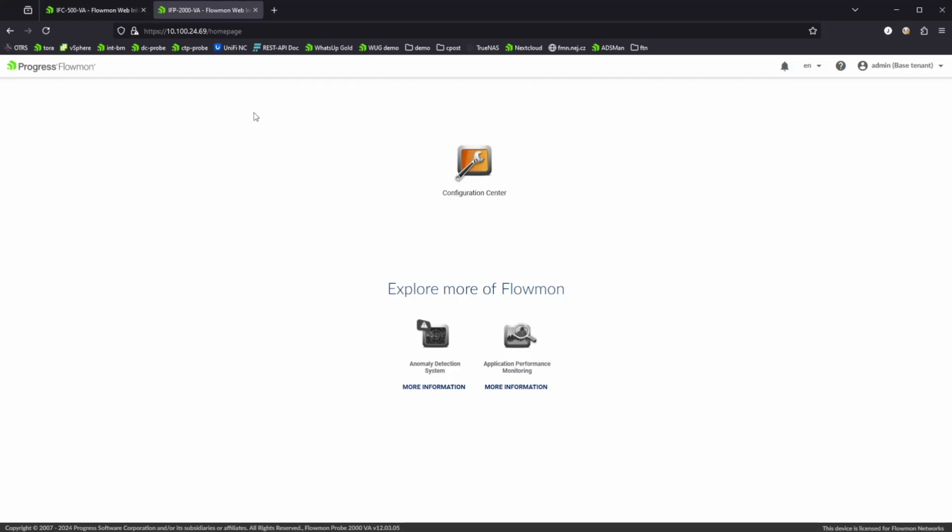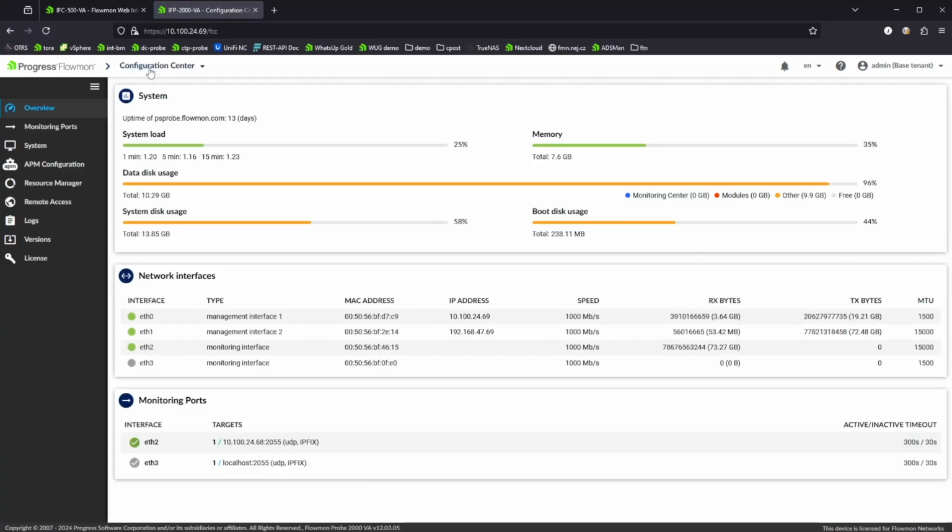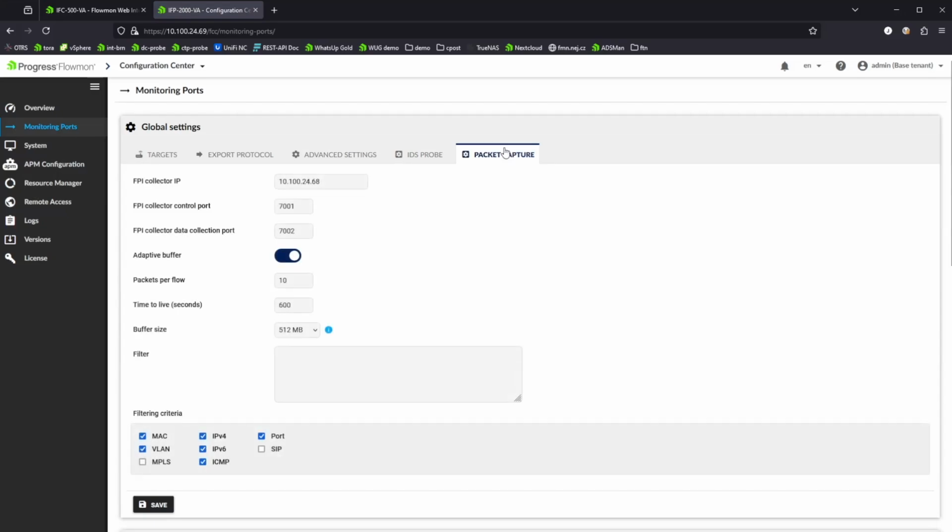Now, if we want to configure Flowmon Packet Investigator, again, it's good to start with the probe itself, where you make sure that in the monitoring ports, you configure it in packet capture option, where again, you need to specify the collector, the port you might leave open as a default, whether you want to use adaptive buffer, how many